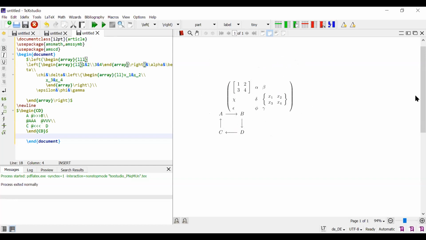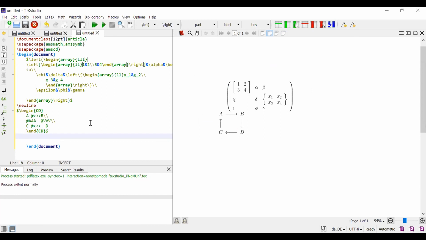Output. First one is already hidden here. The commutative diagram. A goes to B and B goes to D and D goes to C and C goes to A. Okay, likewise you can write. I do the next one, a commutative diagram a little bit bigger than earlier.